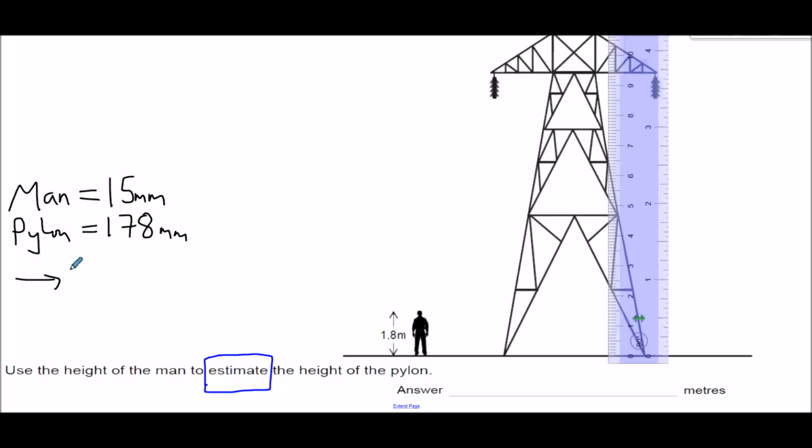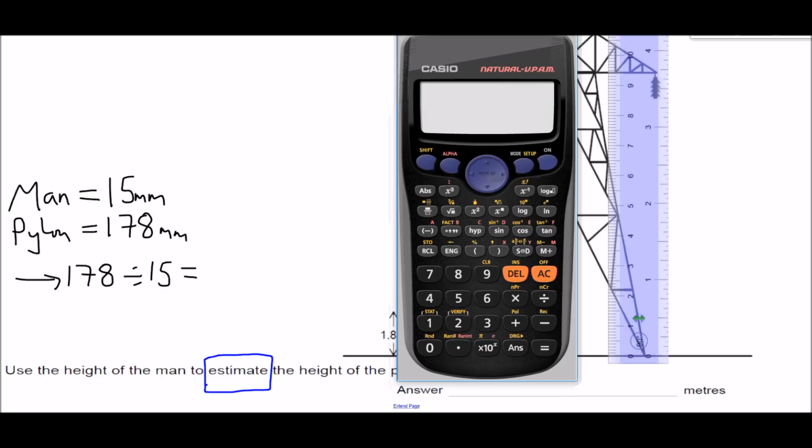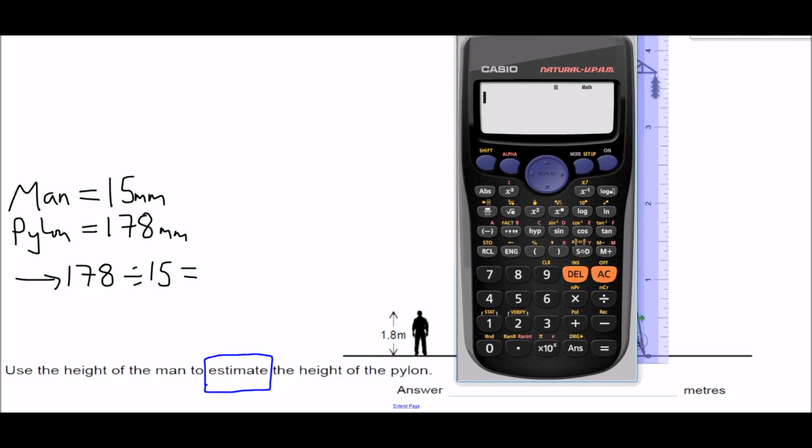And what we can do is 178 divided by 15, or your measurement of a pylon divided by your measurement of a man. I'm hoping you found similar measurements, by the way, on your diagrams. If you're out by half a millimeter or a couple, that's probably nothing to worry about. That might be even because of different photocopier settings at your college or what your teacher's done. It could also be that